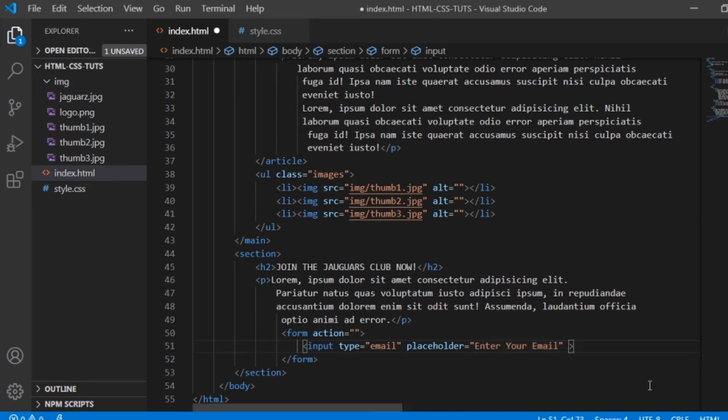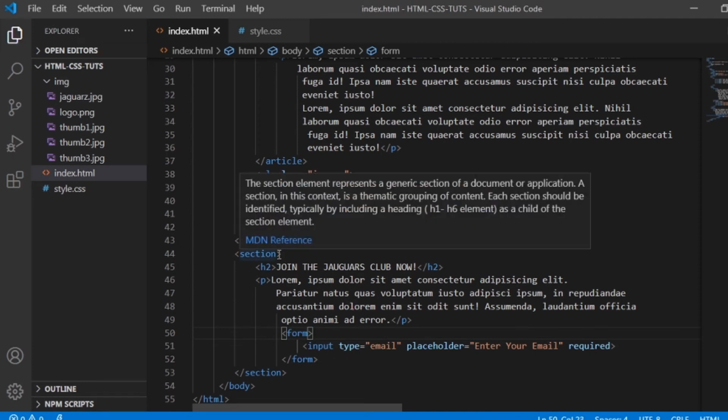Okay, so let's add another attribute. Let's say required. There you go. Save this one, and let's design this on the CSS. Okay, so we have our section, and then h2 for the title, the paragraph, and we have our form. Okay, so anyway, we will not use this attribute, so let's close that one, save, and we will design it